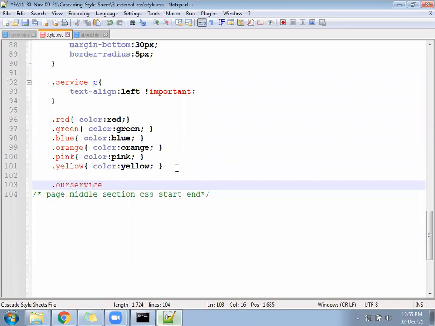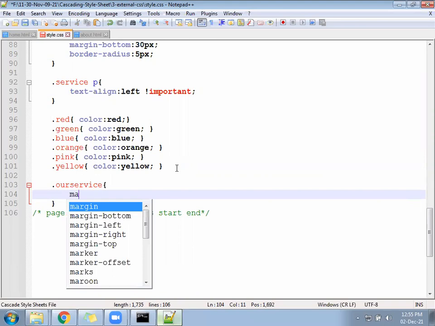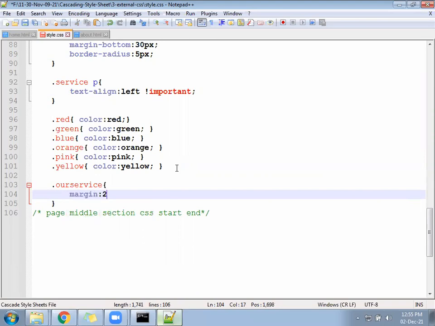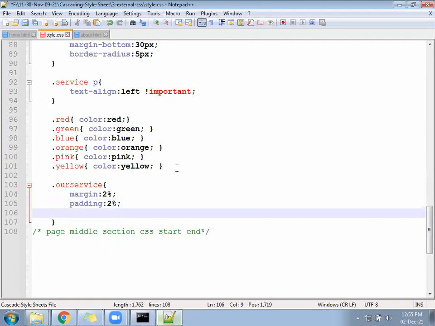Our service, inside you will write margin 2% from all the sides, padding also 2%, 4% will go. We want to create 3 blocks. So next you will keep 2 to 4, 2% for margin, 4% for margin, 4% for padding, 8%.